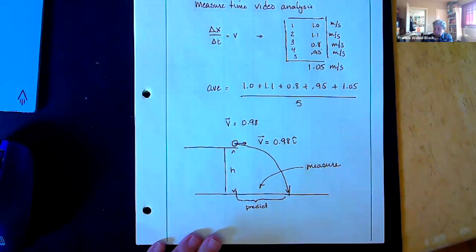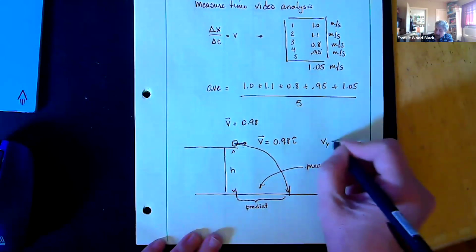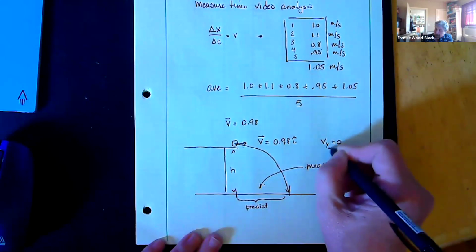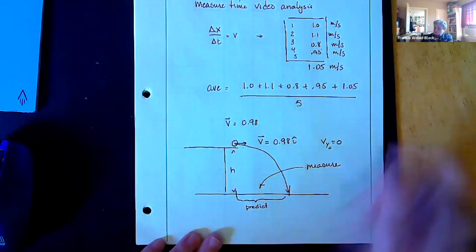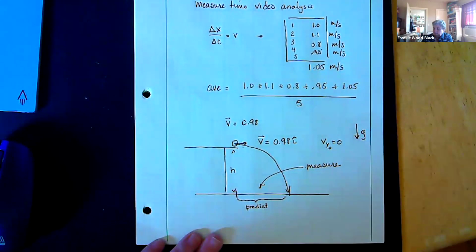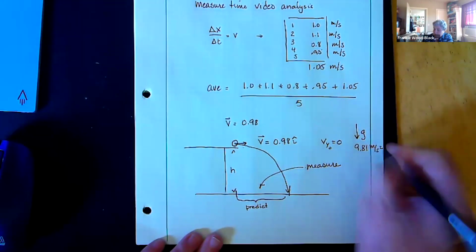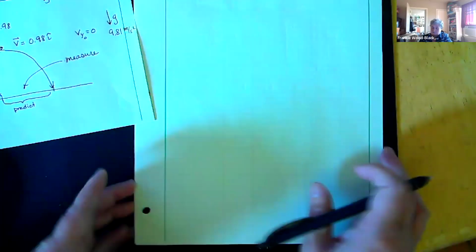Well, a couple of things. I've got 2 equations, 2 unknowns. The other thing that we know is the velocity in the y direction at the beginning is 0. We have an acceleration due to gravity, that's 9.81 meters per second squared. So if I go over here, okay,